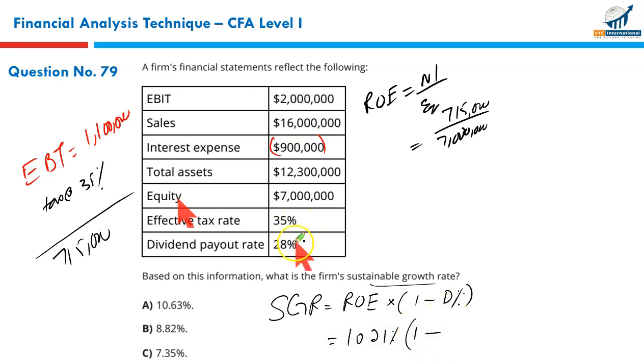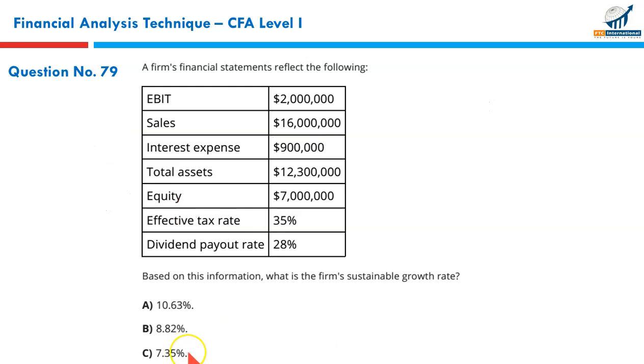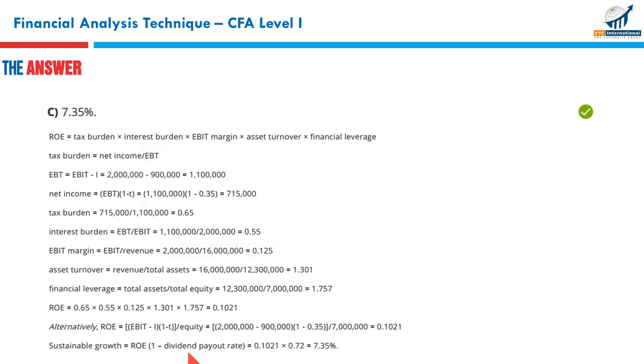1 minus dividend payout ratio is 72%. Now it's very simple. It's simply 10.21 multiplied by 72%. So that gives you 7.3542, that's C. Sustainable growth rate is C, 7.35. Next,